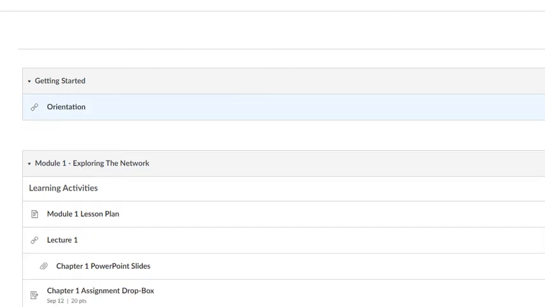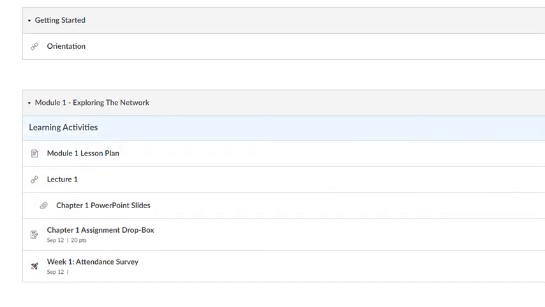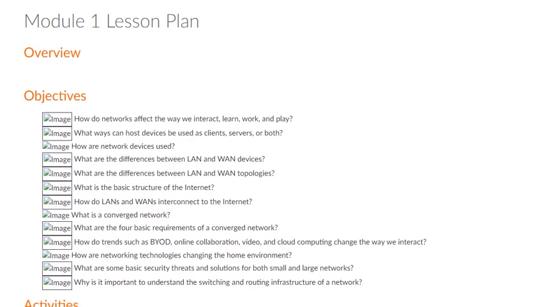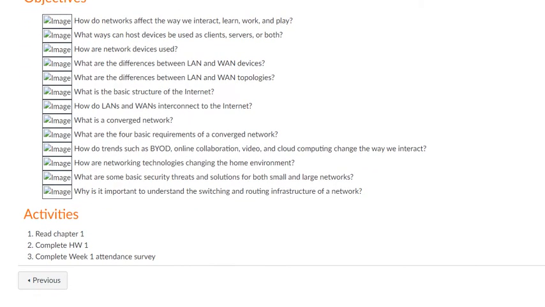So under modules, you guys are here. You're already watching the orientation, which is awesome. Then you'll see unit 1 or module 1. That's what you'll have on a weekly basis. You have a lesson plan that tells you what we'll be accomplishing, what the objectives are. Oops, the pictures are kind of funky. Then what you'll need to complete on the first week. You have to read chapter 1, complete the assignment, and then you move on to